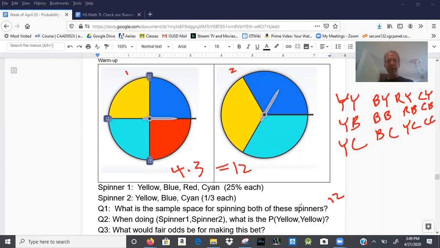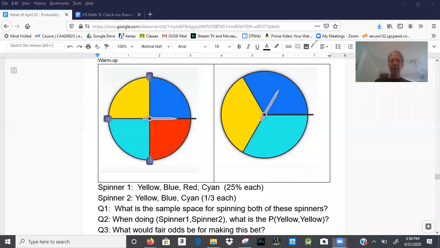And being able to do that quickly is kind of nice in case I ask a question like this, like what's the probability of yellow, yellow? Well, there's only one of those in the group. I can see there's only one of those in the group. I'm going to change my color here, not the yellow though. So there's one thing out of 12. So 1 out of 12 is my answer for the probability. There's other ways I can write that. And I'm not going to get into the fair odds. We talked about that the other day for our casino. Let me clear all these real quick